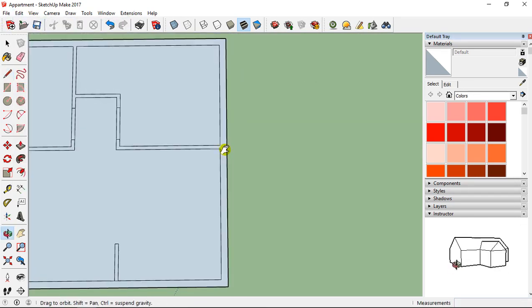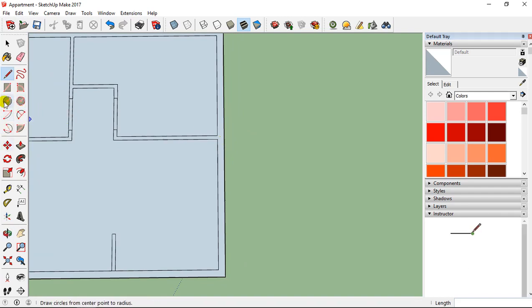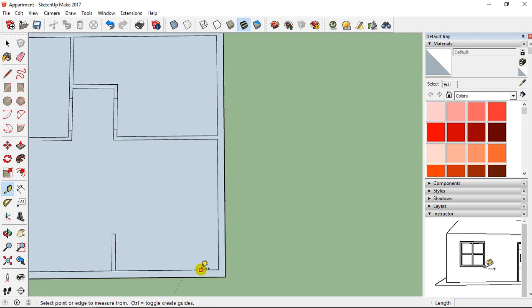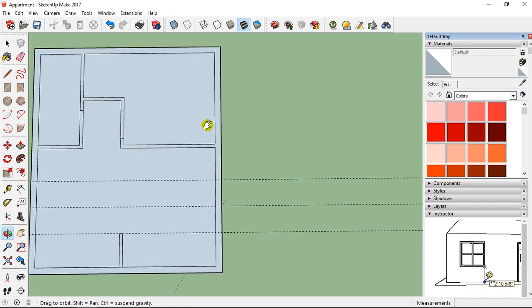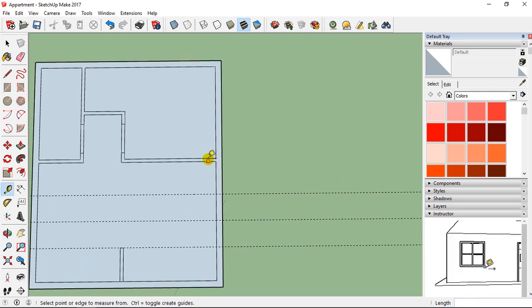I'm going to place the windows. I take the tape measure tool, and here it's the middle first, and after I'm going to add 80 centimeters here, and 80 centimeters here also. Then I'm going to do the same work here.